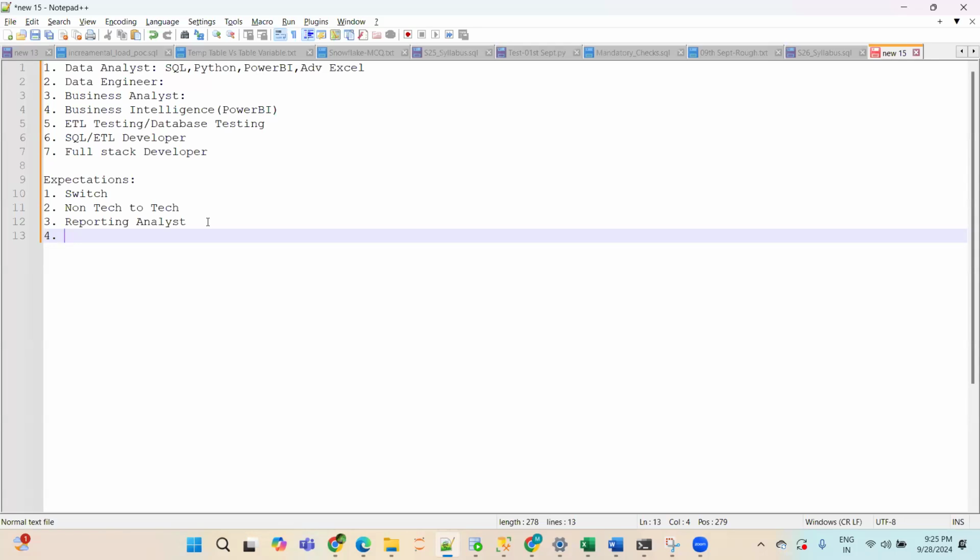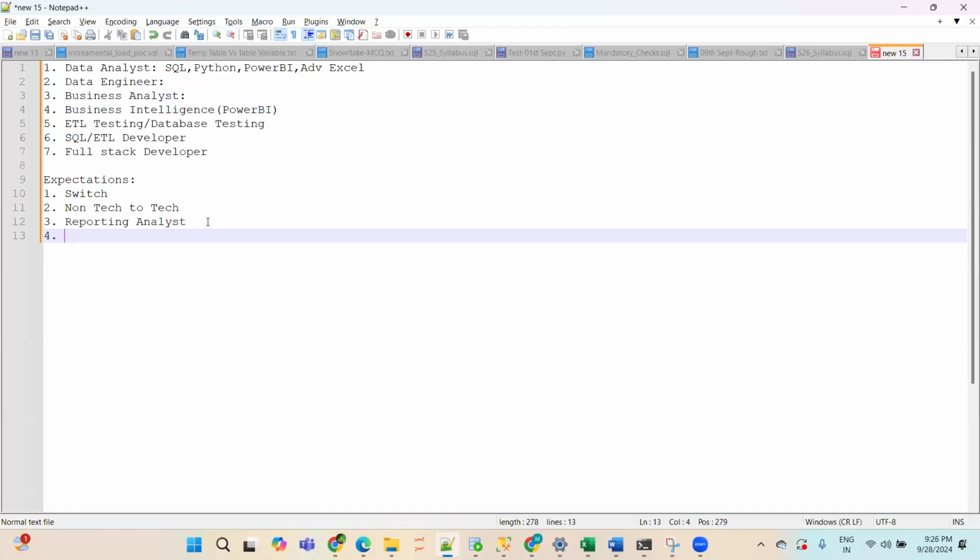W3Schools is good just for freshers, meaning those who are college pass-outs. With full responsibility, I'm telling this: if someone is referring to W3Schools and thinking, "Okay, I know SQL, or I can crack the data analyst job profile," I'm very sorry, it's not possible at all. I'm taking full responsibility for what I'm telling.